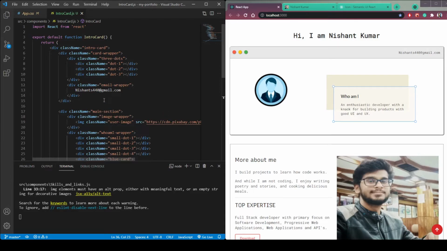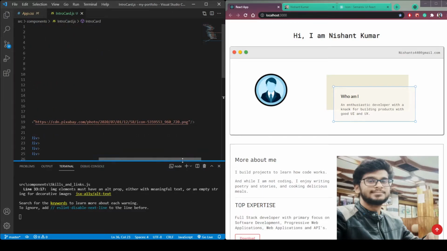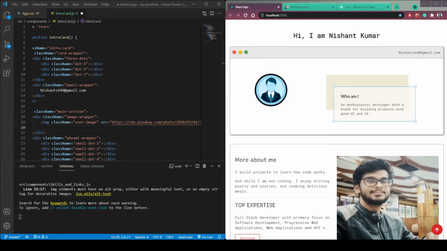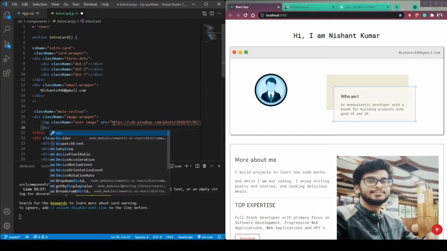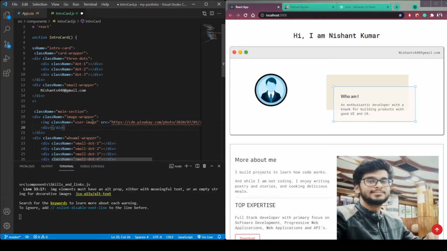Now in this intro card, after this image, we will create two dot buttons. So let's create two divs, one for white light theme and the other for dark theme. So first div and then second div.